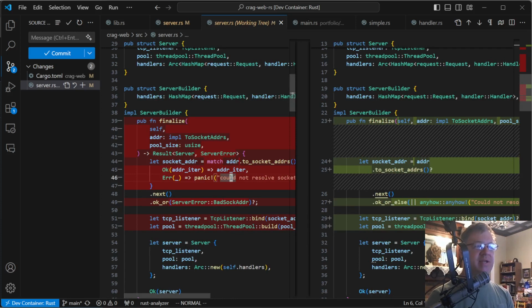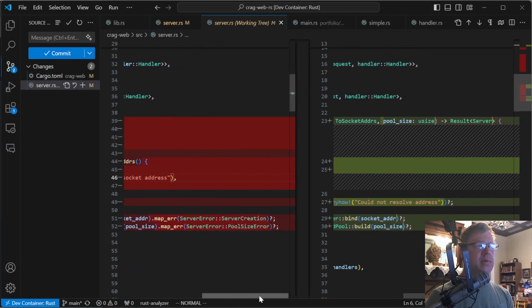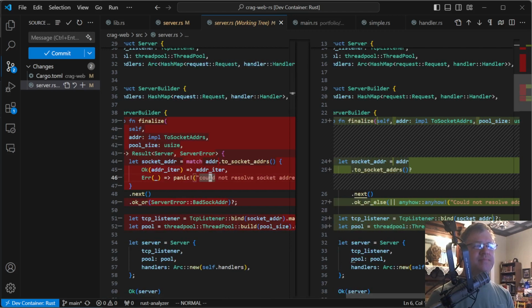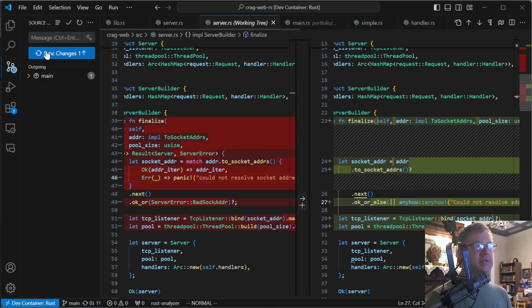TCP listener can error out in a different way. I think it does return an IO error, but instead of mapping that into something else, we're just going to return that it failed in some way. And this is good. So let's commit this,